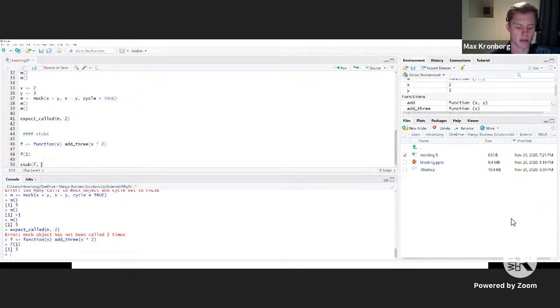And then secondly, you're going to specify in quotation marks the function you want to stub out or to mock, depending on how you want to look at it. And that's add 3 in this case. And then the final thing we want here is what are we going to do instead? So we can say add 2 and 2. So whenever we run this with an argument of 1, instead of running add 3 with x for 1, it's going to run add just 2 and 2.